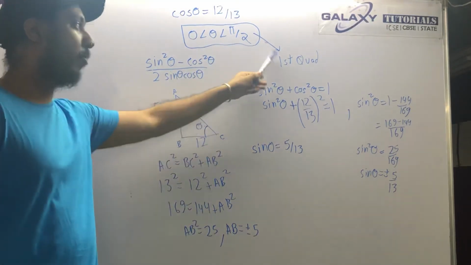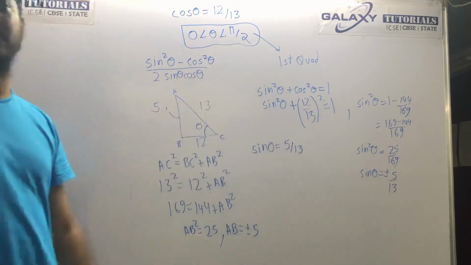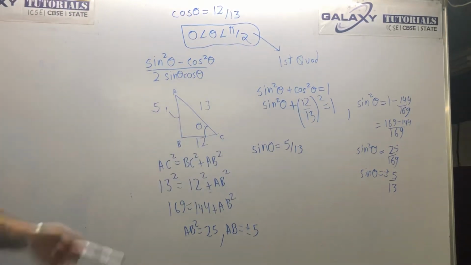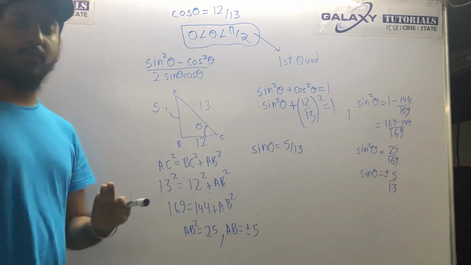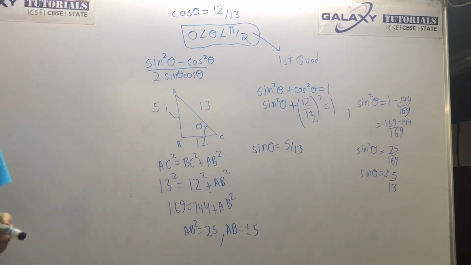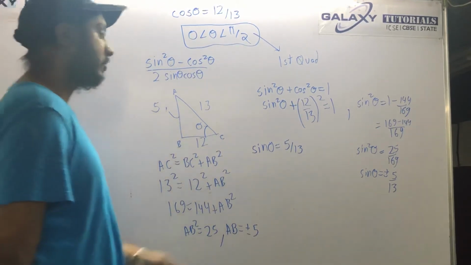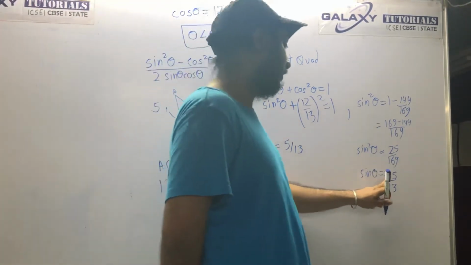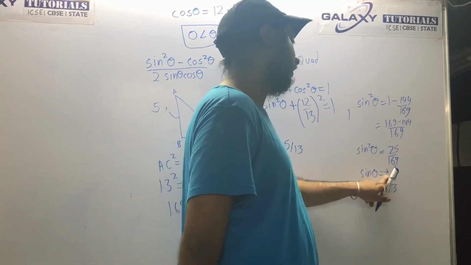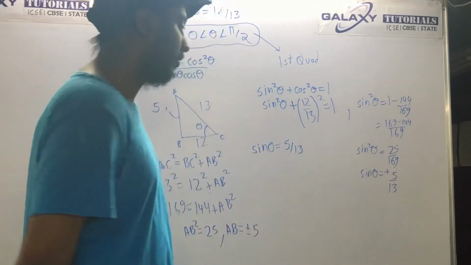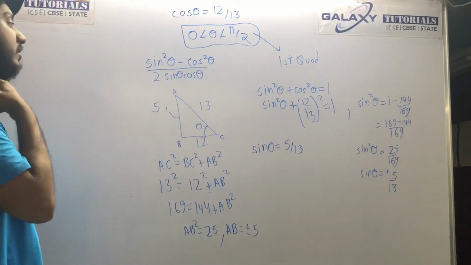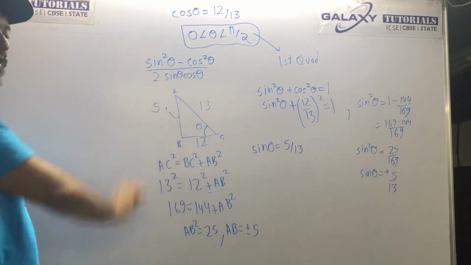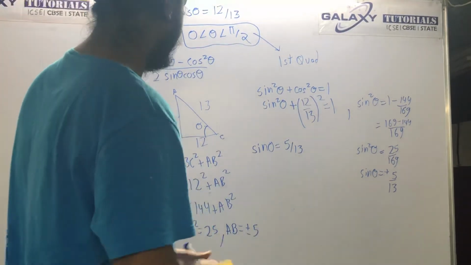See, this is the importance of why the author has given that this lies in the first quadrant. If he wouldn't have given this, then how would you have known whether it will be positive or negative? So that's why he had given this. So sin theta will not be negative, it will be plus. You can't take the negative value here. Now you know sin theta and cos theta. All you have to do is substitute the values here. So I will substitute them.